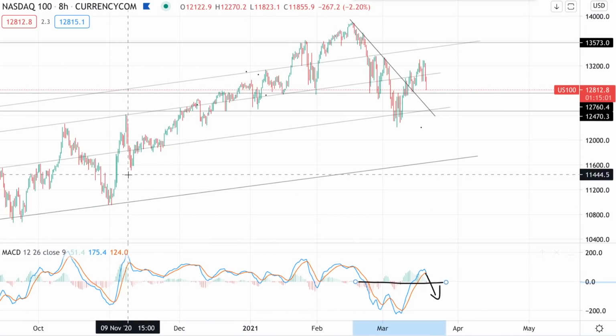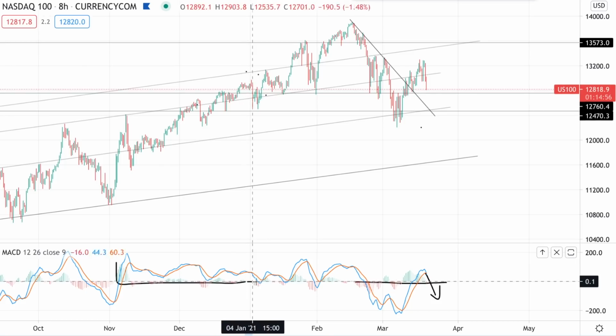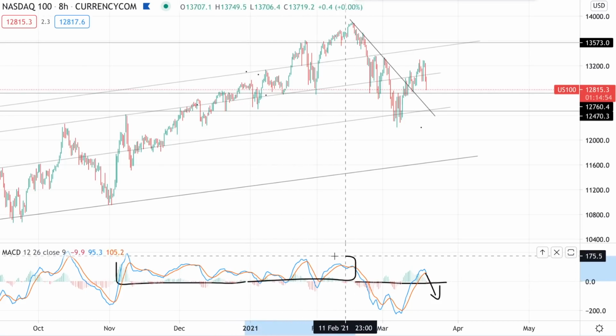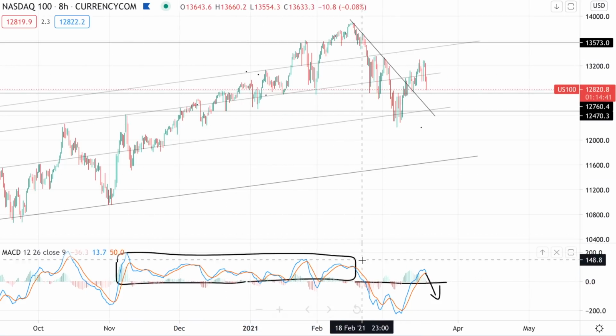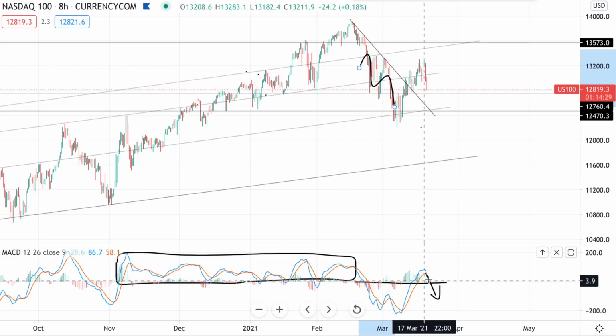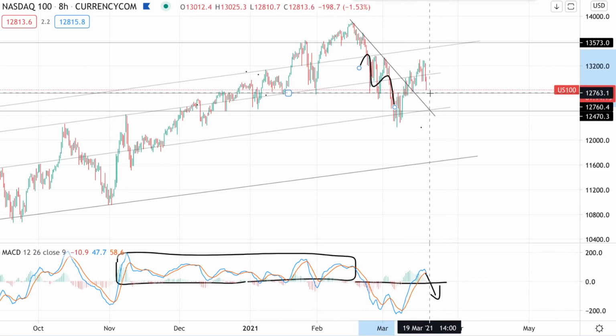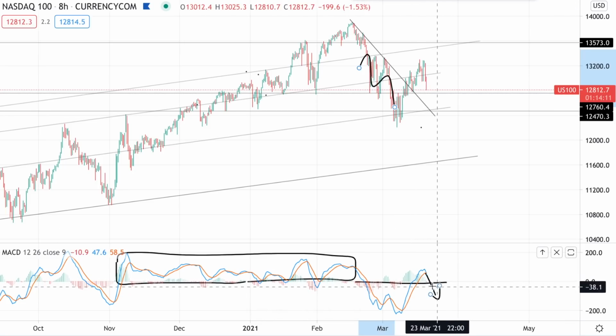Throughout this entire period, we were bullish on the NASDAQ. We had the MACD healthy above that zero line throughout this entire period. Then we dipped below. That was a bearish trend right here. And now we're at that turning point where the NASDAQ 100 has to decide which way it's going. Now, if we do have that fail below that support level, we'd have that bearish crossover,